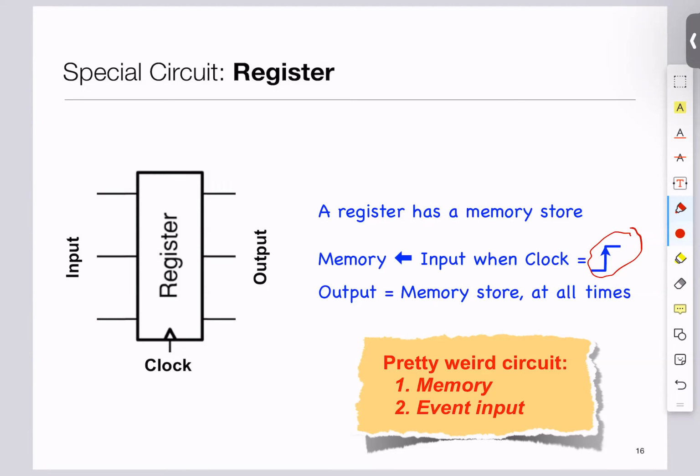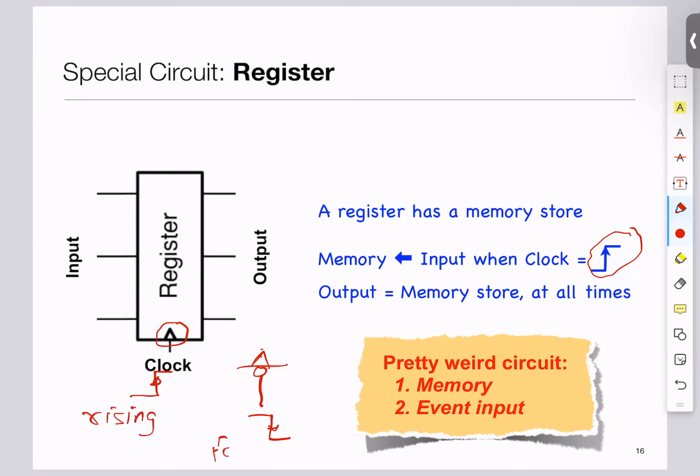So the clock is also a digital signal, a bit 0 or 1, but because it's a timing signal, we give special attention to when it changes. Clock signals are shown with this triangle. This kind of signal means that the clock ticks when it is rising. If on the other hand it was drawn with a bubble, then the clock ticks when it is going down. This one is called the rising edge,